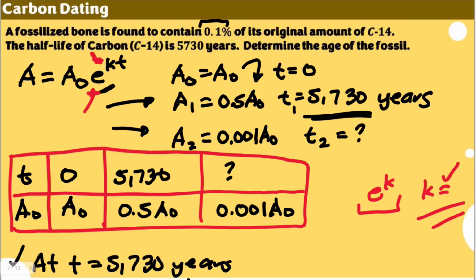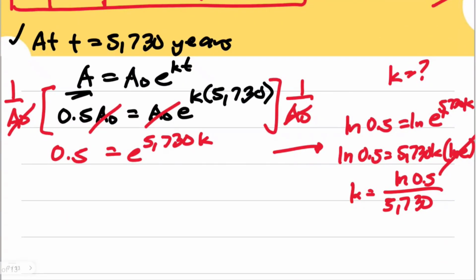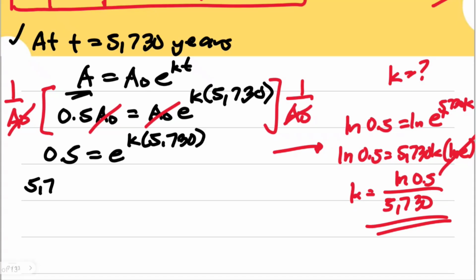As mentioned, there may be some problems in the process of getting the answer, because you're trying to come up with probably an approximated answer for this. So by solving for e to the power of k, it's easier for me to manipulate. We have 0.5 is equal to e to the power of k times 5,730. Because what I can do here is take the 5,730th root of both sides.